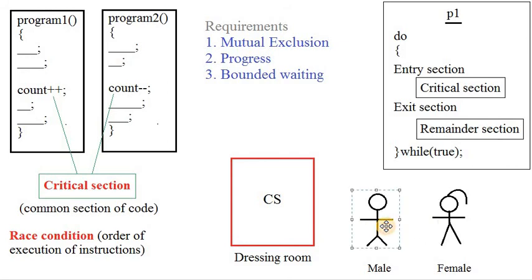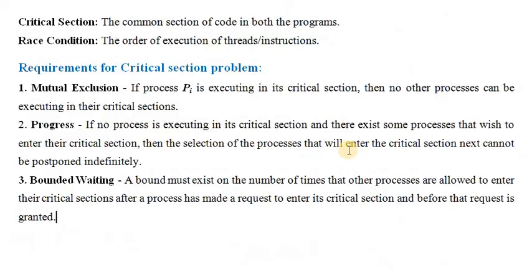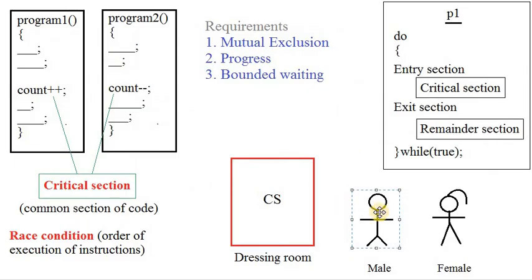He can select that person to enter into the critical section. That means there is some sort of code. Based on that code, he may give priority to another person who is eagerly waiting. So that is what progress is. Simply, we can say when the critical section is free, anyone can enter it. And when one person comes out of the critical section, it should not restrict the other people from entering.